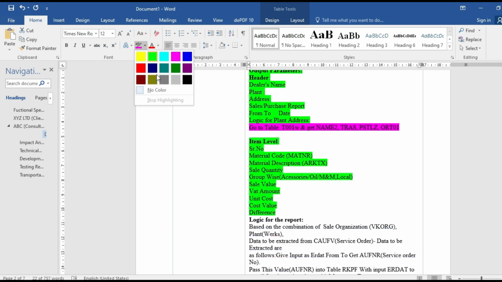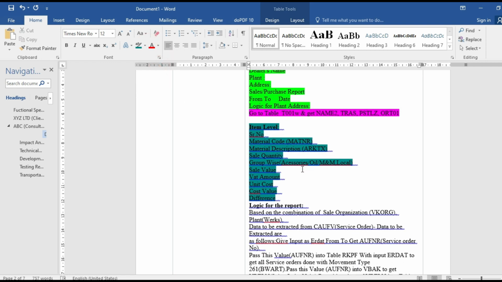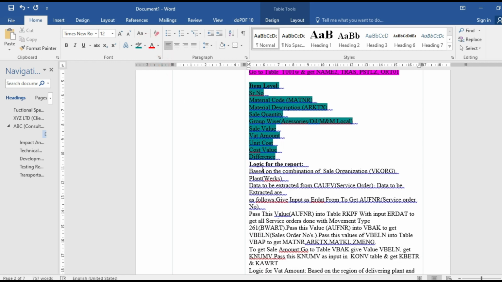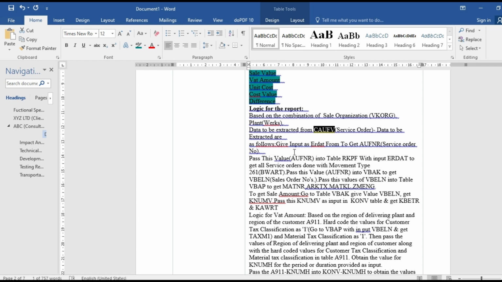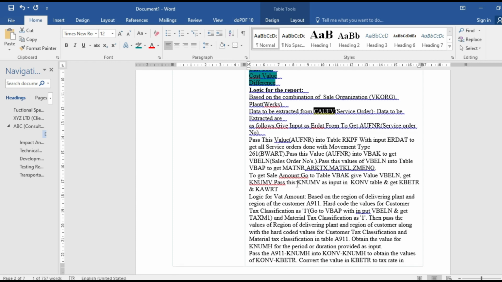So everything needs to be mentioned to the technical consultant, that these are the columns which we require and what would be the logic of the report. See how it's mentioned: based on the combination of sales organization and plant, data to be extracted from this table and following this input. So just like that, you need to mention all the logic.